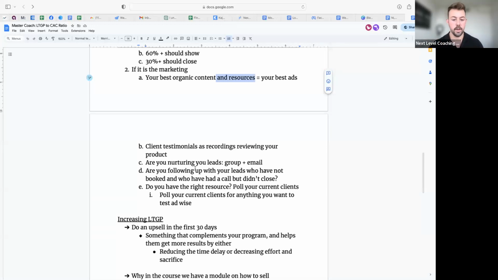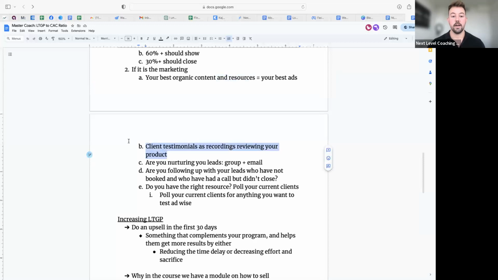Another thing you could do, and I think I have it in here somewhere, but I'll just say it now, is poll your current clients. This is sometimes something I do in the 10K Accelerator program: I'll go in their announcements chat and put a poll in there and say, hey, what resource would you want? Then I'll have them vote. If these people are paying us money and they want to be clients and they say this resource is the best one, why am I reinventing the wheel? I'm just going to take that information and use it as my ads.